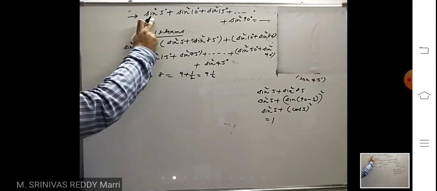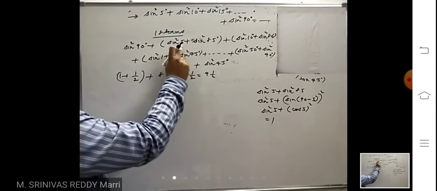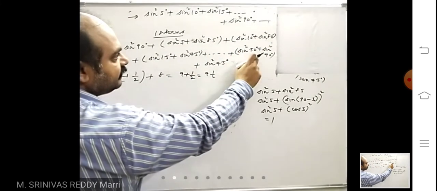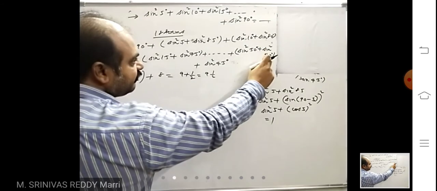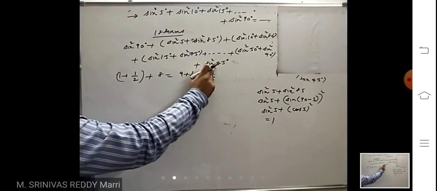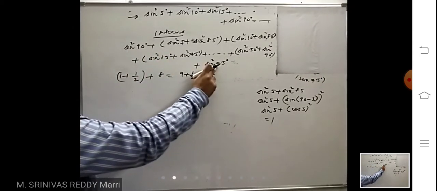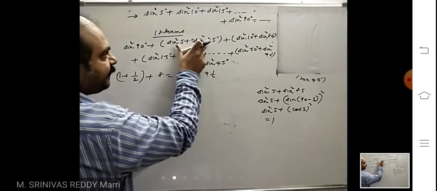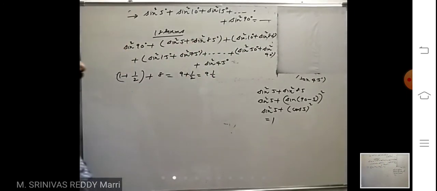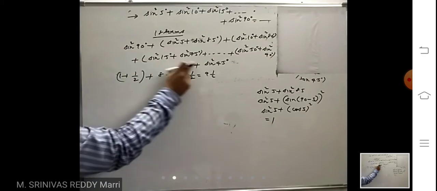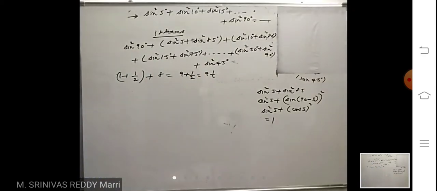Look at here. I am clubbing such that the angles sum to 90. This is 1, this is 1. And finally I will get sine square 50 plus sine square 40. Which terms can you not club? Sine square 90 and sine square 45. So these terms I have written separately. Excluding these two, these are 16 terms which are paired, 2 terms in one bracket. That means totally 8 brackets. This is 1, this is 1 and so on. So this is 1 and this is 1 by 2. 9 plus 1 by 2, 9 and a half.